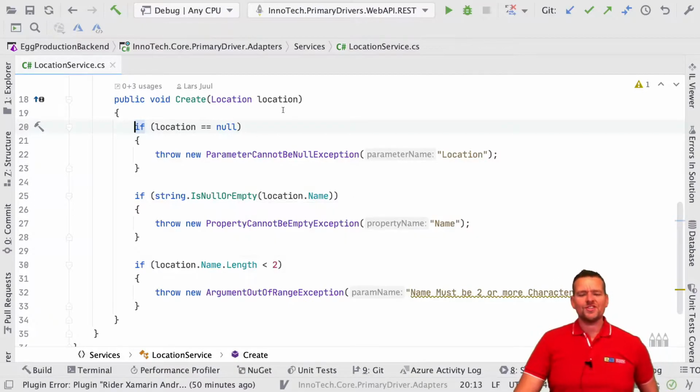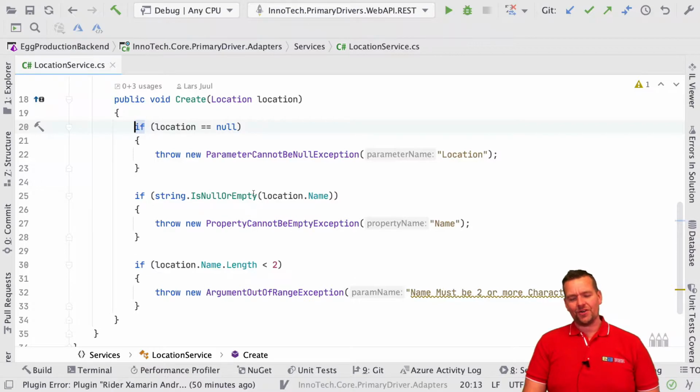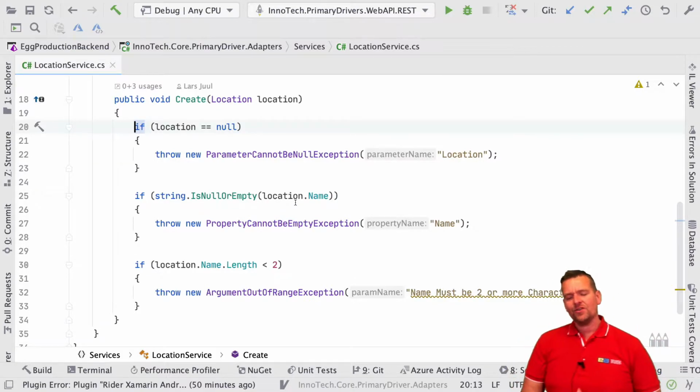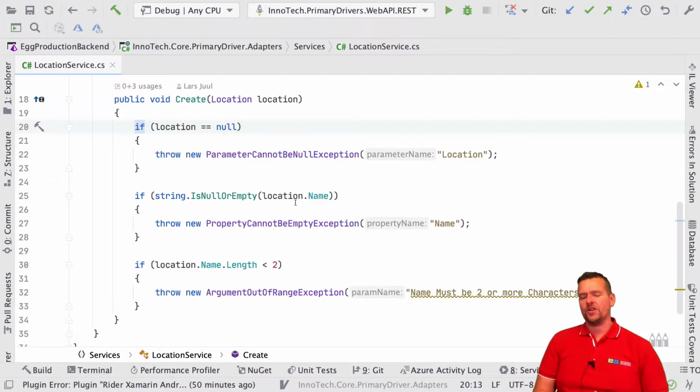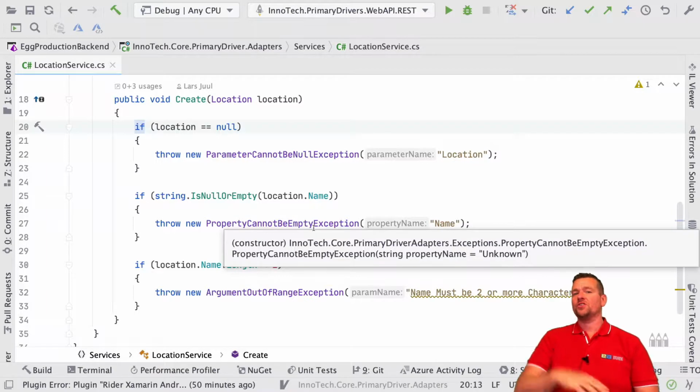Welcome back. So as you can see, this will start to be kind of polluted with a lot of validation code, and I don't want that to be inside my create function in the service. You could do that, that's okay, you'll just have a lot of code in here. Instead, what I want to do is build a validator which only has the responsibility to validate